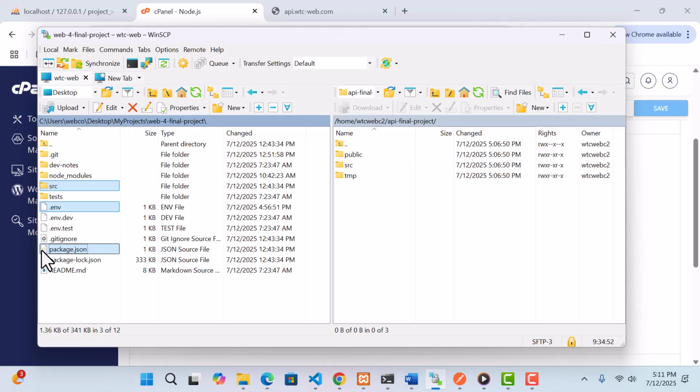Okay, so I held down the control key and clicked each one of those. Those are the only files that we need to move to production. All the other stuff is just related to development. You don't need the node modules folder because I'll show you how we can install the node modules in just a second. So go ahead and upload those files to your API final project folder on your live